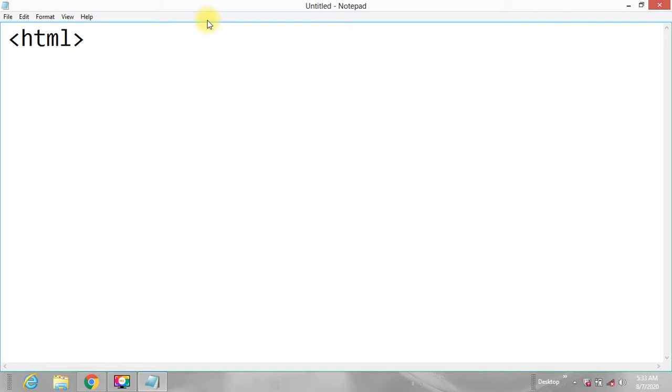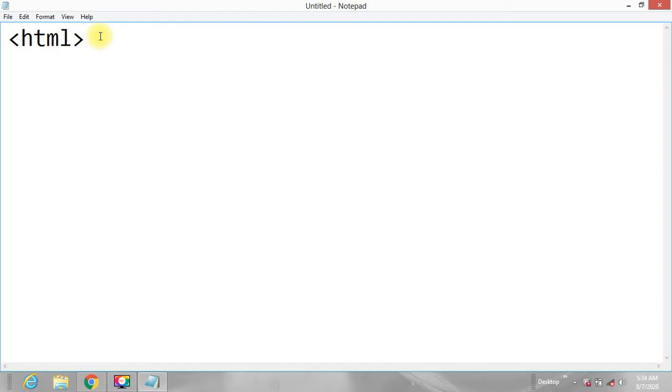Now this is a container tag. We have two types of tags: one is container and the second is empty tag. In a container tag, you have to close each and every tag. So this is the html tag. This is your less than sign, this is your greater than sign, and between them you have written html. So this is a tag, not just the word HTML. It is a tag because it comes between the less than sign and the greater than sign. You can make these signs with the help of the keyboard. You can press the shift button and easily make the less than and greater than signs.